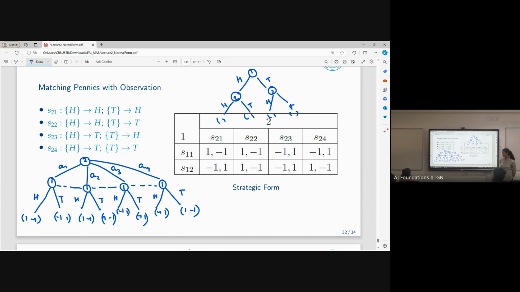Right? But that still doesn't mean that extensive form games are useless. They have more information, because the strategic form is not a unique representation. So that's something you should remember. Yes, one question. So we said that all of these extensive forms have the same strategic form. Yes. But the strategies themselves are different. Even though the table looks exactly the same, the strategies themselves are different. It's just about the name that we give. Right? It doesn't really matter.